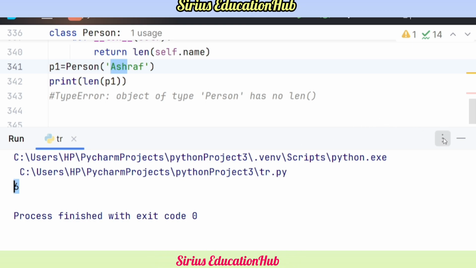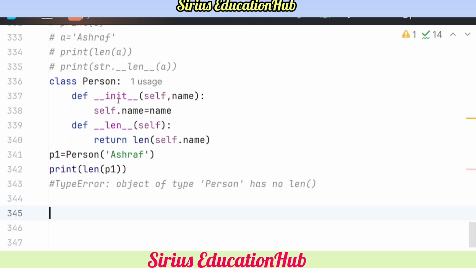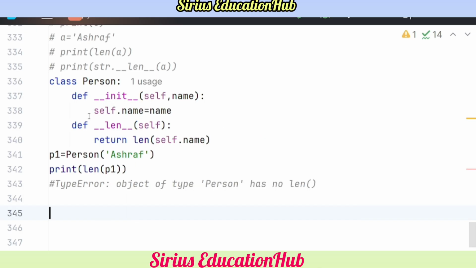It is now workable, very easy. So what I mean is that if you want to use the built-in methods in your classes, then you have to define those methods by making use of their magic method, not the actual method. You have to make use of the Dunder method here. You have to make use of the methods that are called special methods here, and after that you will